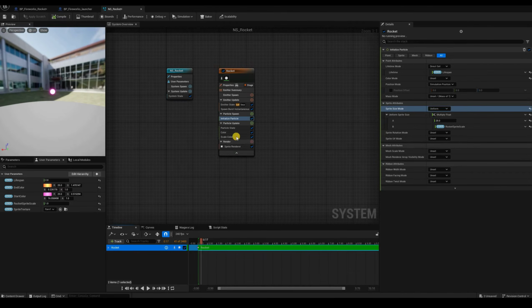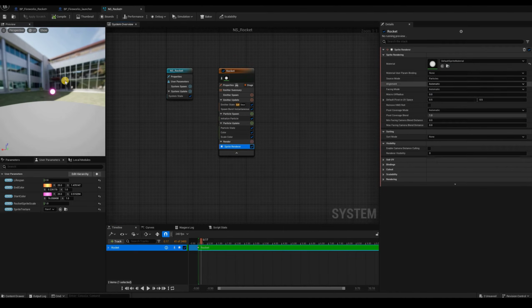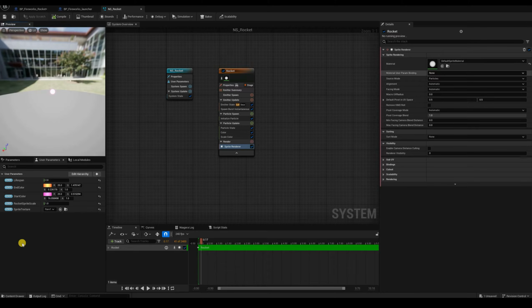Excellent. Now we need to do something about this material because right now it's using the default sprite material. So we'll need to create something to replace this one. Before we create this new material though, there's an issue here. I created this user parameter sprite texture as a texture 2D, but we don't really need that. When you use textures in Niagara like that, it's usually as part of a sample texture module that you might use later to drive the behavior of the particles in one way or another. So here we don't need that, so we can get rid of this parameter